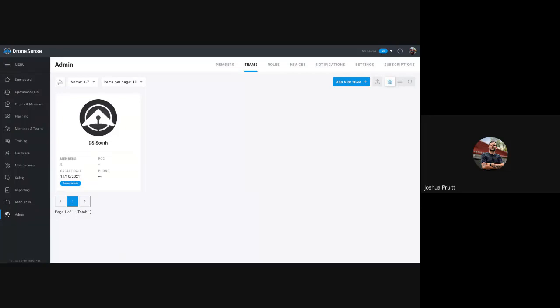Rather than the police department purchasing DroneSense and having an account, and the fire department purchasing DroneSense and having an account, the town of Cary purchased DroneSense as a municipality. So there is an organization account for the town of Cary. What they have gone in and done is created 3 specific teams. There is a team specific for the fire department, a team specific for the police department, and then another team